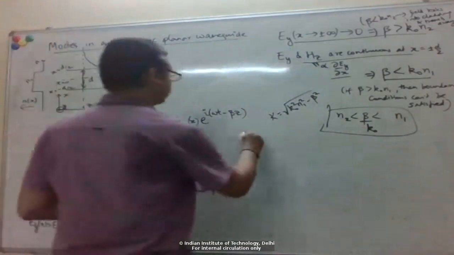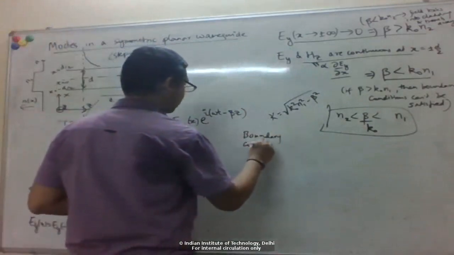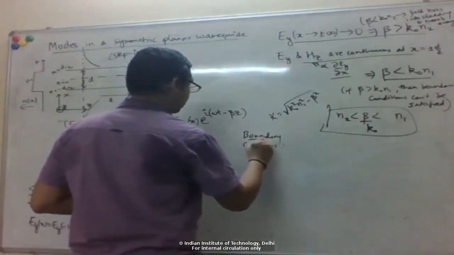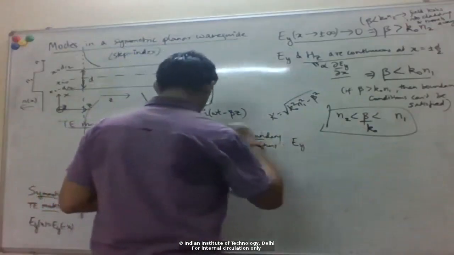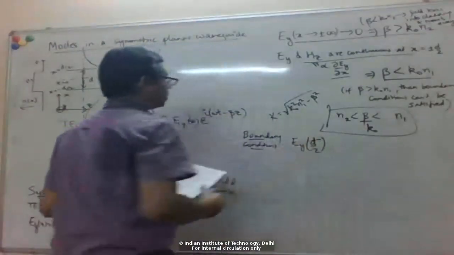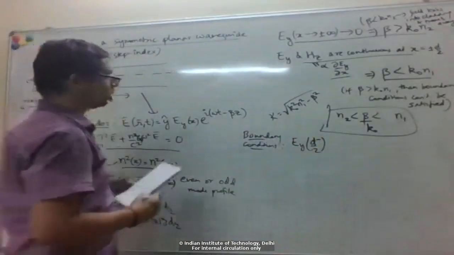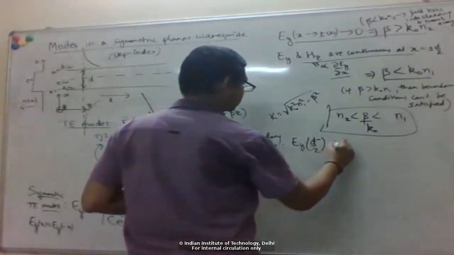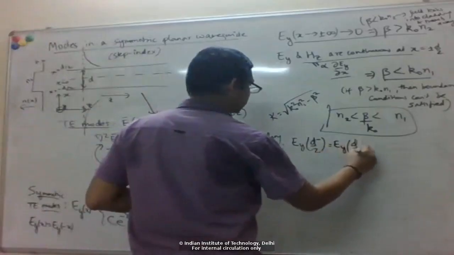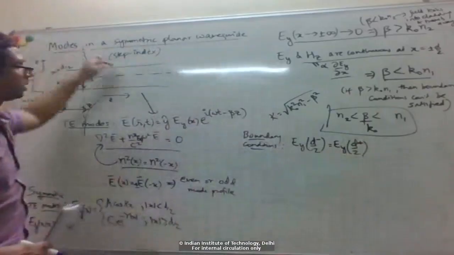So Ey at d by 2, coming from the core, d by 2 minus, has to be equal to the solution in the cladding also at d by 2, coming from the cladding, d by 2